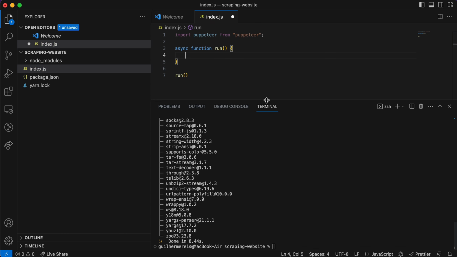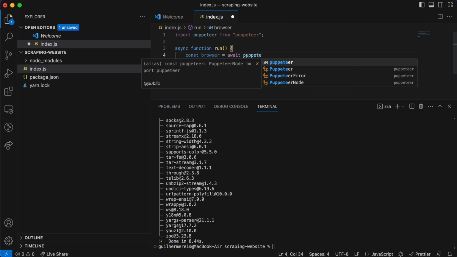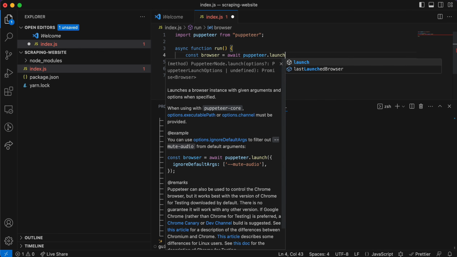So to start Puppeteer I can do const browser equals await Puppeteer.launch,